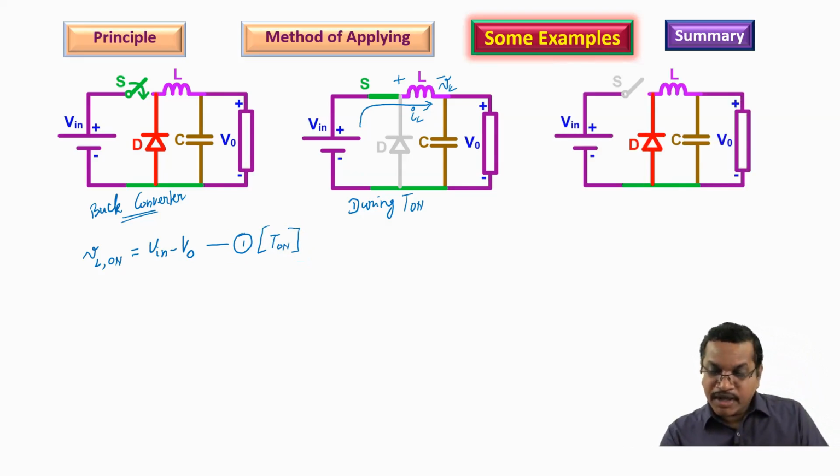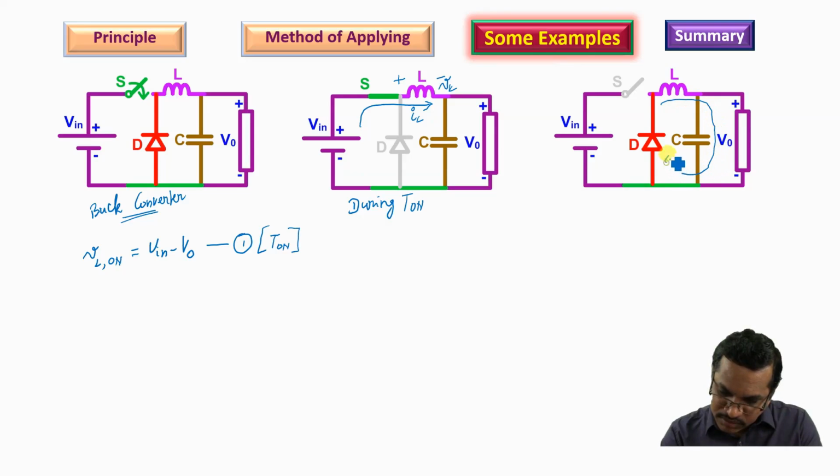Similarly, when I look at the equivalent circuit during turn off state, the switch is going to be open. Again, light gray indicates open. No current will flow through that path, whereas the diode will be put into conduction. Therefore, IL will start flowing through the load, through the capacitor, and then it will freewheel through the diode. The voltage across the inductor, actually for operating purposes, has to change its polarity. Only then, due to electrical inertia, the current can be maintained in the same direction.